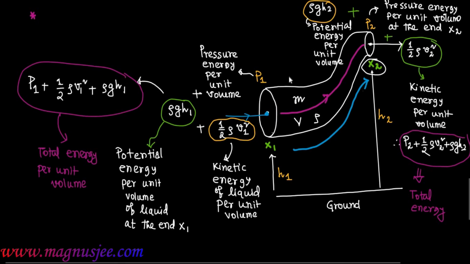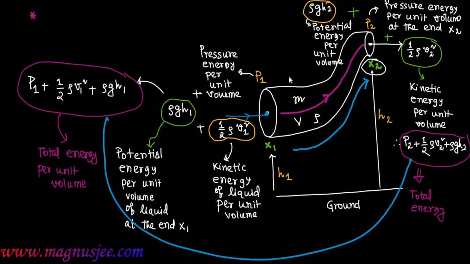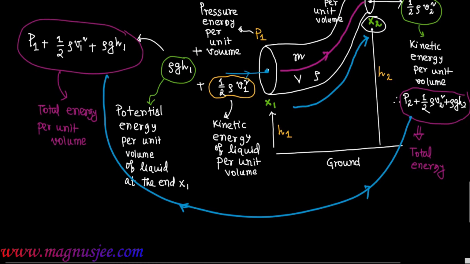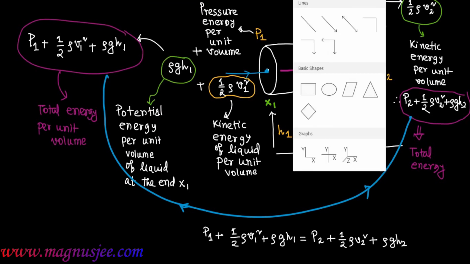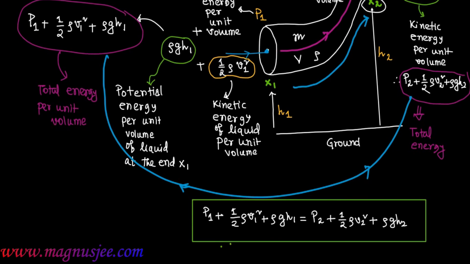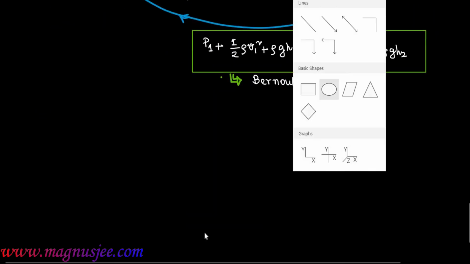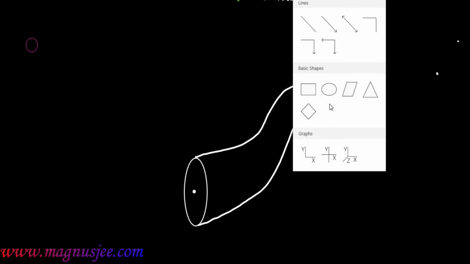Liquid flows from the end x1 to x2, and these two total energies will be the same because the sum of three energies remains constant. So finally we get P1 plus half rho v1 square plus rho g h1 equal P2 plus half rho v2 square plus rho g h2. This is the mathematical expression of Bernoulli's theorem. That is, the sum of pressure energy per unit volume, kinetic energy per unit volume, and potential energy per unit volume